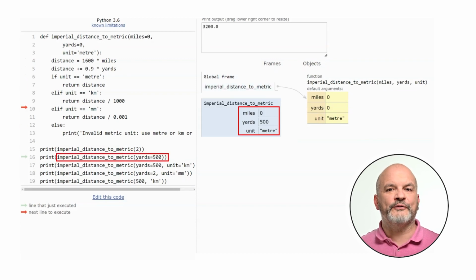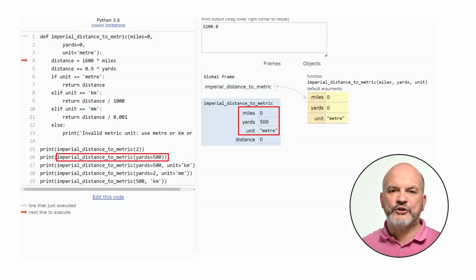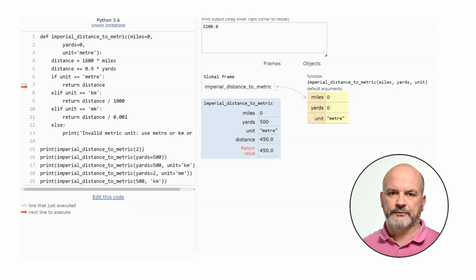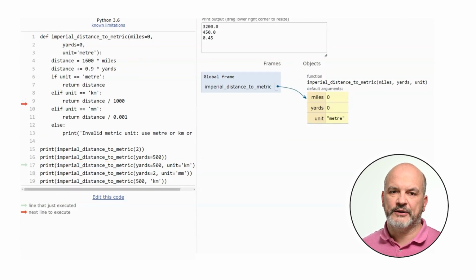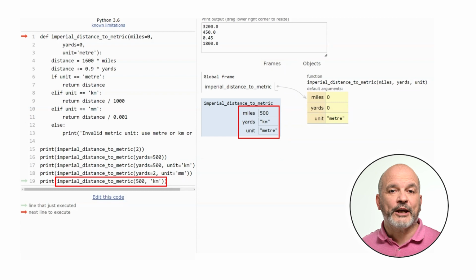If we want to convert 500 yards in meters, we just call imperial distance to metric yards equal 500. If we want to convert 500 yards in kilometers, we must call imperial distance to metric yards equal 500, unit equal kilometers. What we cannot do is imperial distance to metric 500, kilometers.